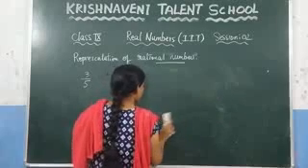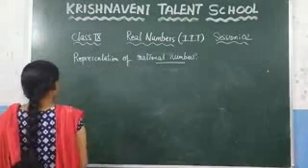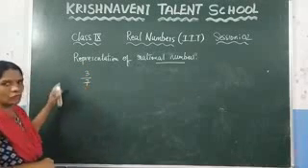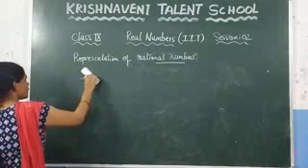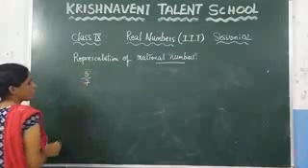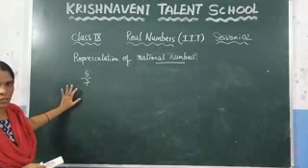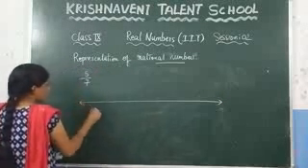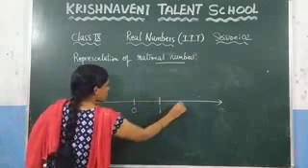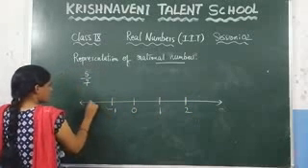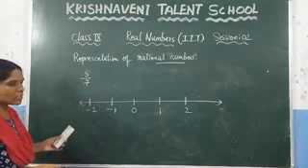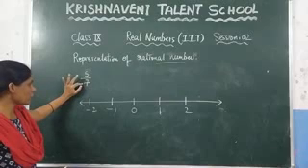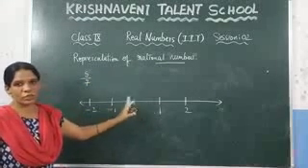Now let us consider one more example. You already took 3/7. Let us consider 5/7. If you want to represent this rational number on a number line, what is the first step? First you need to draw the number line, and after that mark the numbers, positive on the right side and negative on the left side. Then check the denominator. Since the denominator is 7, divide each unit into 7 equal parts.